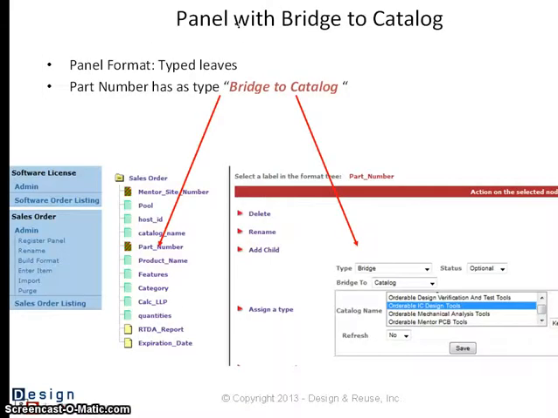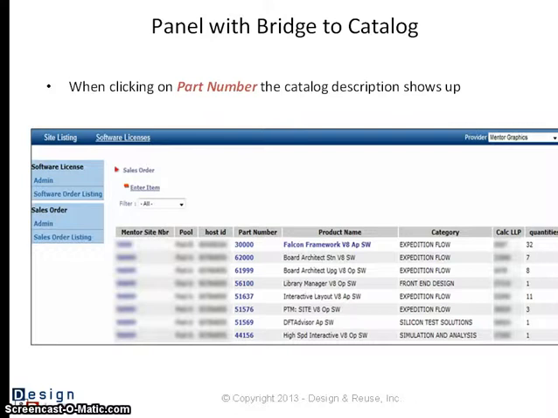Here I represent what we call the description of what the company has bought. So they've bought a product, and for a category there is a product name, quantity, and so on. You see that the part number is bridged to the catalog. That means when you have a part number, it's a bridge to one specific catalog. Here it was written as IC design. And then you will be able to jump from a panel back to the catalog.